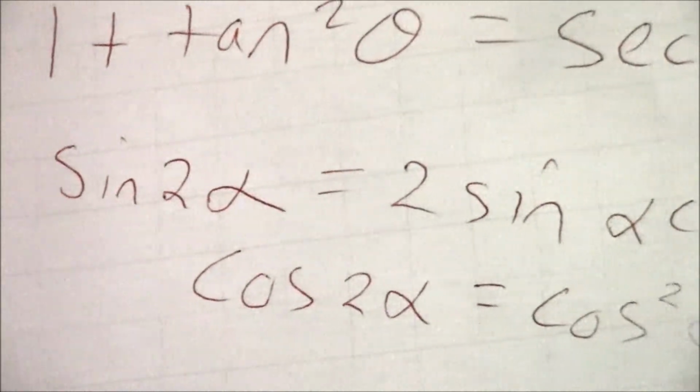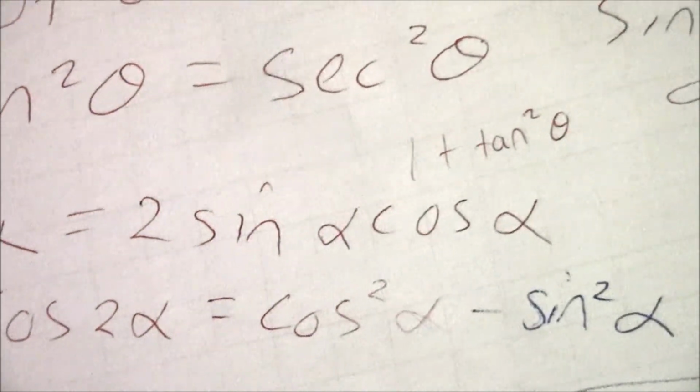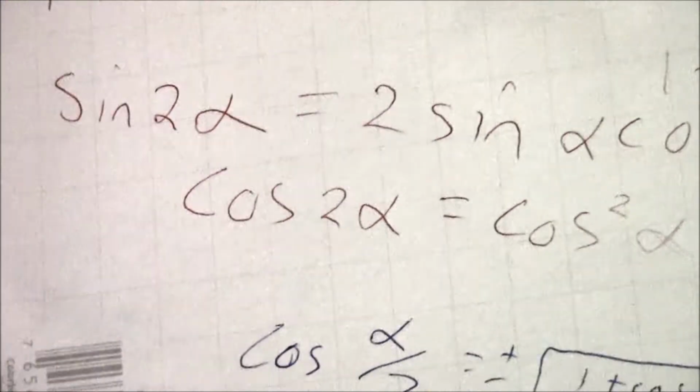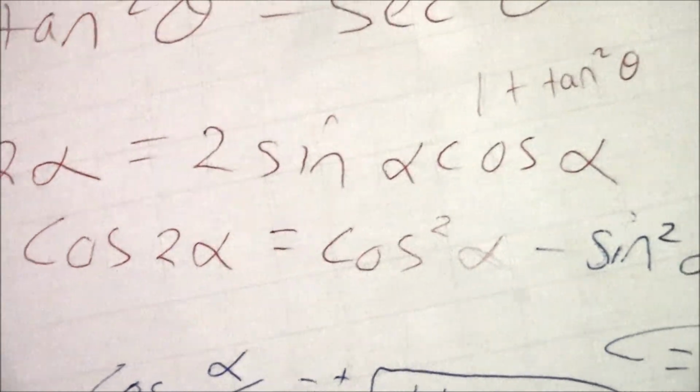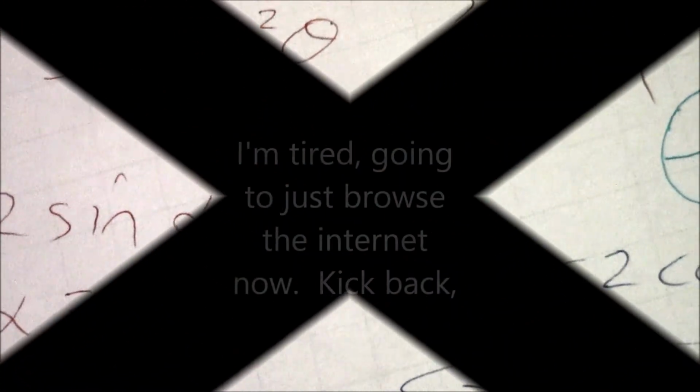And then we have alphas. Sine 2 alpha is equal to 2 sine alpha cosine alpha. Cosine 2 alpha is equal to cosine squared alpha minus sine squared